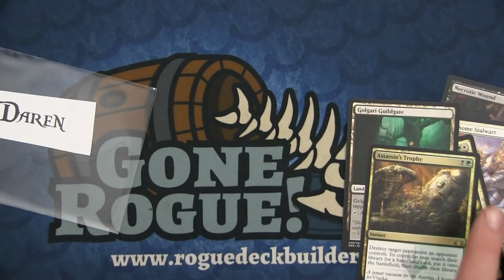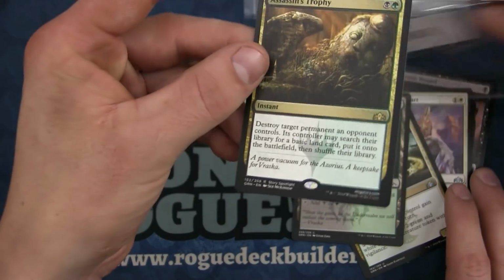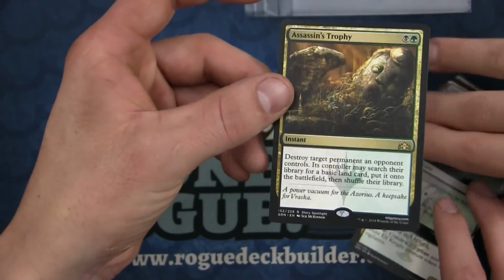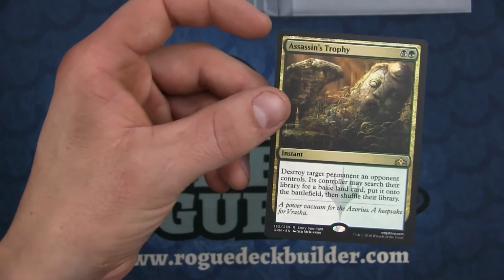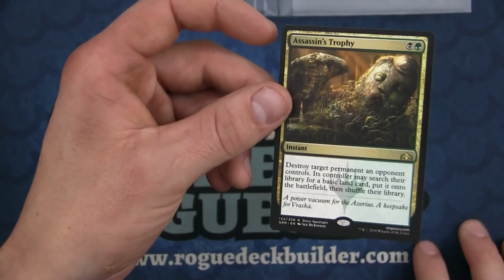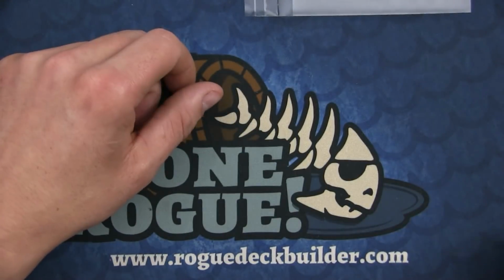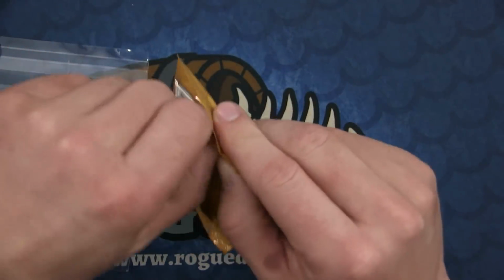Assassin's Trophy, it destroys a permanent. This is the most anticipated card. If you don't know what this does, go and listen to any of the pros' podcasts or websites or anything. It's kind of a Path to Exile effect where they get a basic land, but you can destroy any permanent. Not non-land, any permanent. Bant Tron lands, go get your basics you don't run. Yeah, exactly. I guess Mono Green Tron does run basics, but...